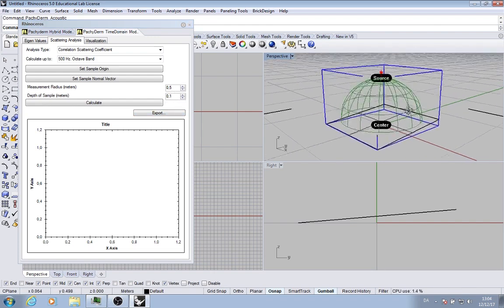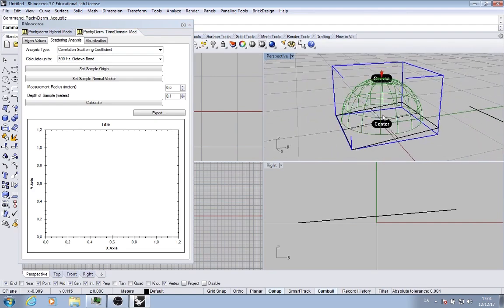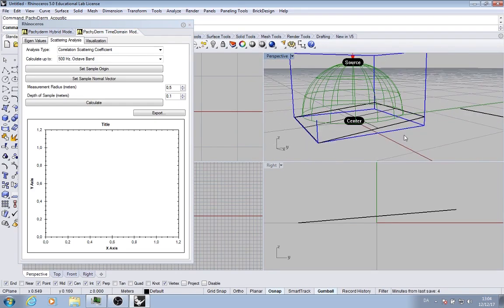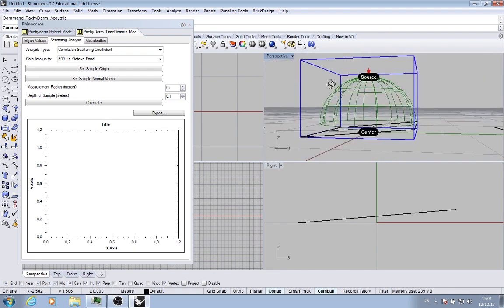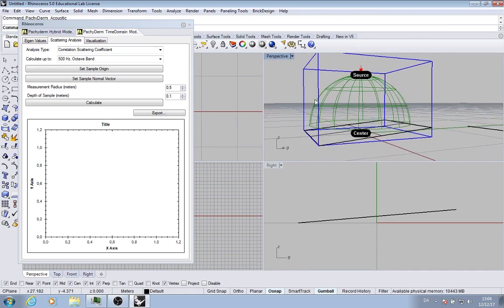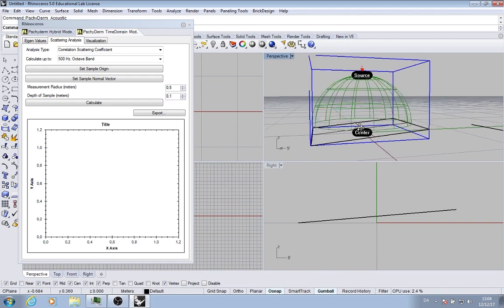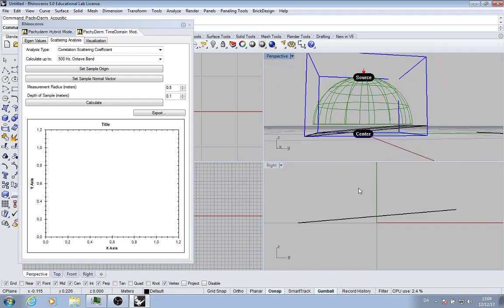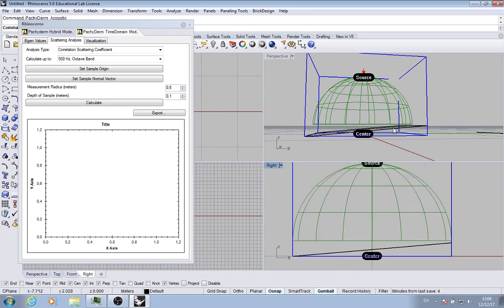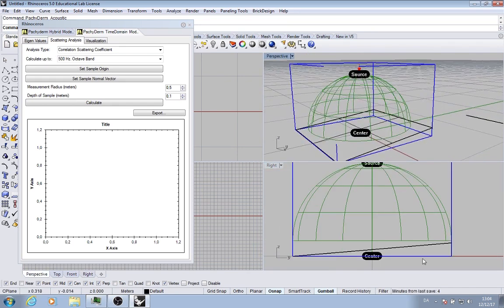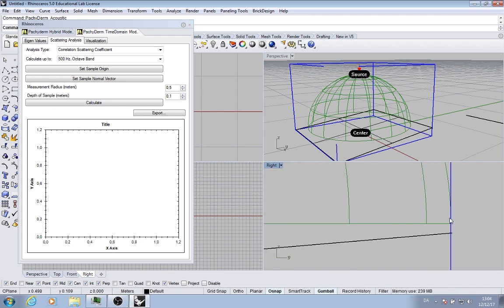10 centimeters. When we then click in the viewport, we will see that we have a blue geometry that encases our geometry. And then we have a dome geometry from which the sound is analyzed. So again, what we're interested in is to cover the geometry and then get the dome as close down as possible